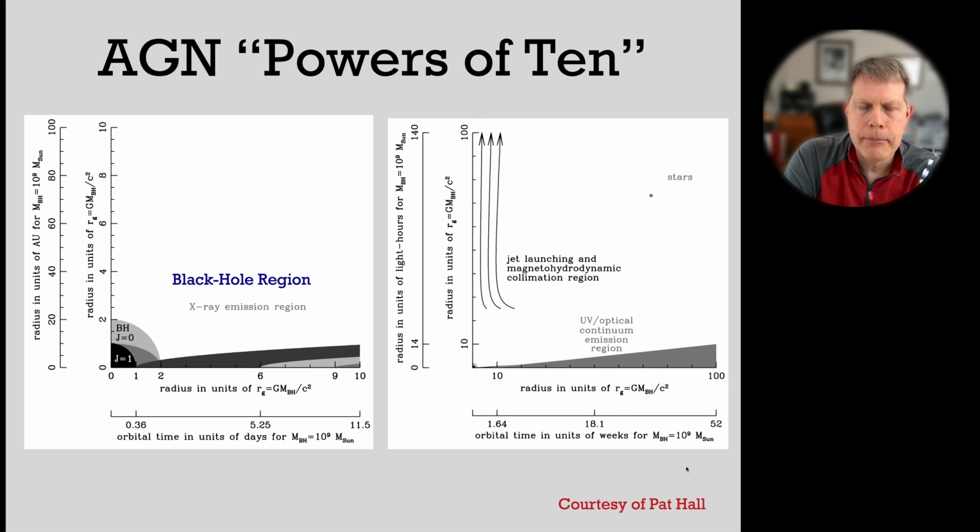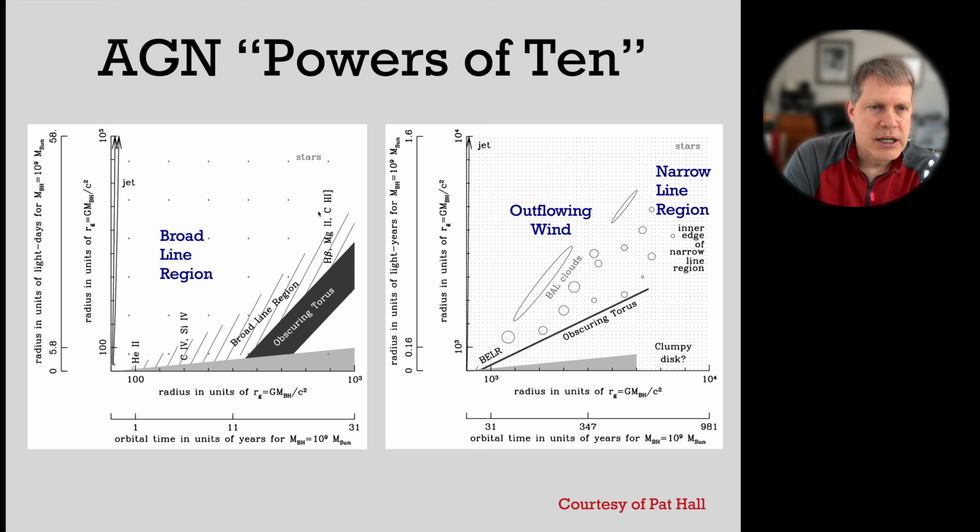You will remember our AGN powers of 10. We have talked quite a bit already about the black hole region on very small scales. We've said a little bit about the accretion disk. We've also talked about the broad line region. We've talked about outflowing winds, which in fact span a broad range of scales, as was discussed in the previous lecture. And today, we are going to focus on the narrow line region, which starts further out in general,